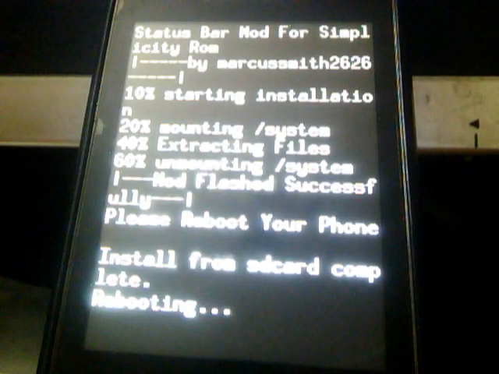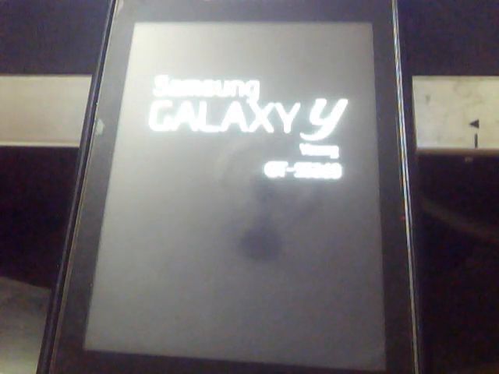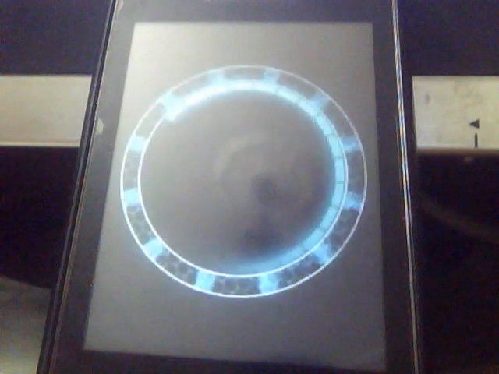Once it gets booted up, you will get the taste of the Simplicity version 5. Well, you will encounter some bugs like the DSP manager force closing in this ROM. This is because it's replaced by the Viper, so you don't have to worry.